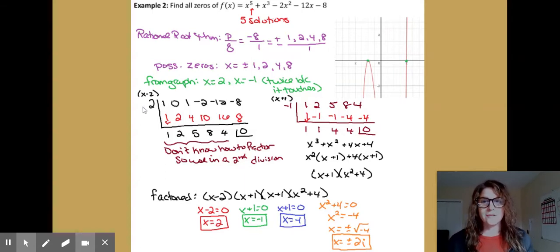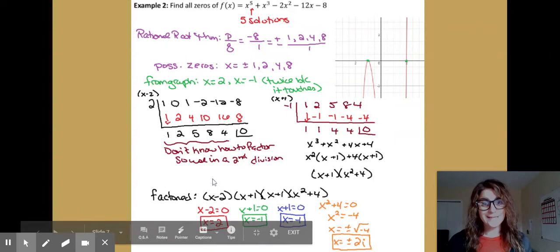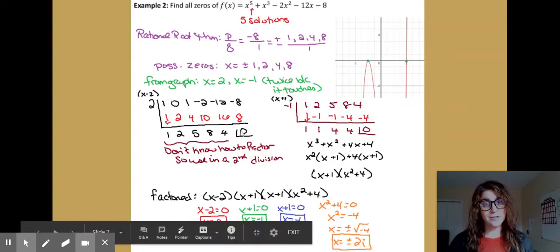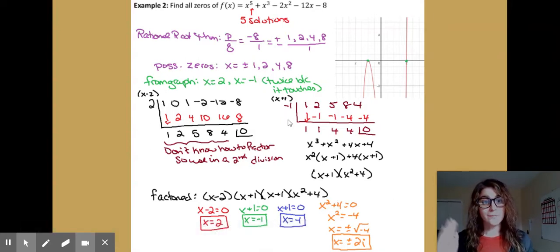So I take the 2. Actually, it doesn't matter which one you do. So I took the 2 and I did my first round of synthetic division. I got to a point where I didn't know how to factor that. I don't know how to factor x to the 4th plus 2x cubed plus 5x squared plus 8x plus 4. I just don't know how to do that. But I can do another round of synthetic division because I had another number I could use. I had that -1. So I take the -1, I do a second round,